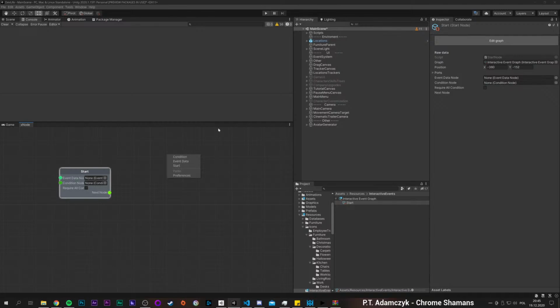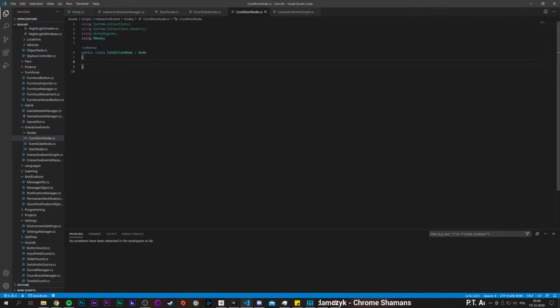Okay, but for now, let's start with the condition node, maybe. So let's add one, and now we will work on it. And for the condition, there will be no inputs, there will be one output, so we will have public bool